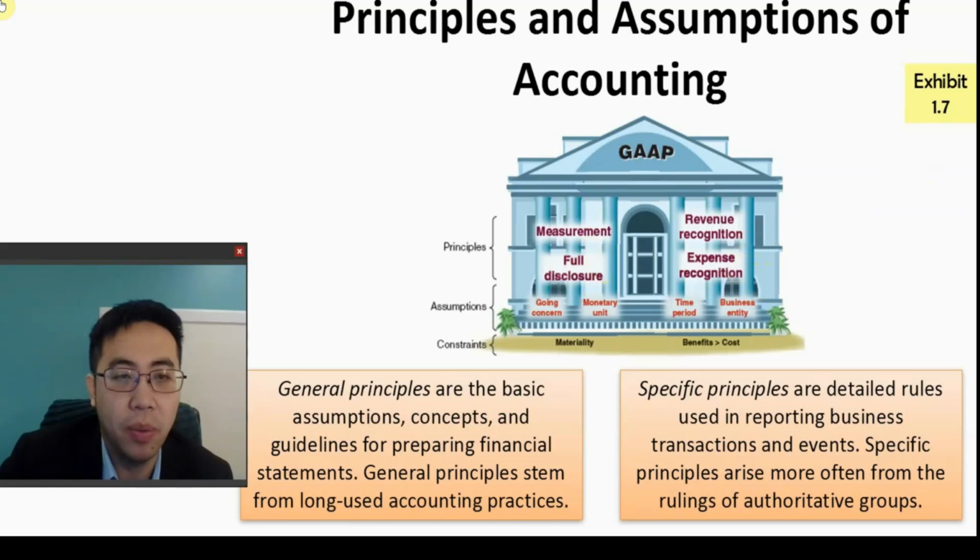Basically, it means we will put the number in when revenue is recognized or when the service we provide is rendered. And we put the number in for expenses whenever the expense is incurred or we have already purchased the deal. Well, it looks pretty obvious, right? The revenue is recognized when it is earned. The expense is recognized when it is incurred.